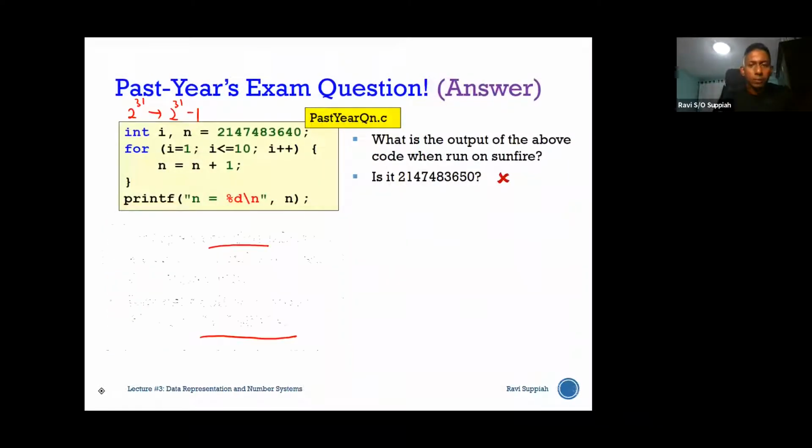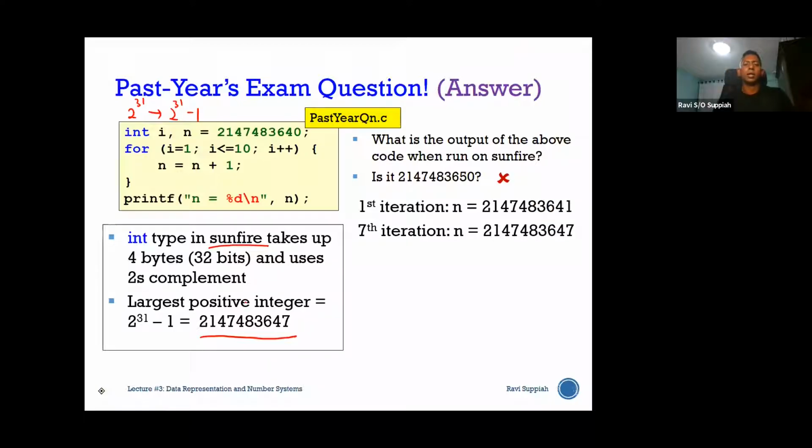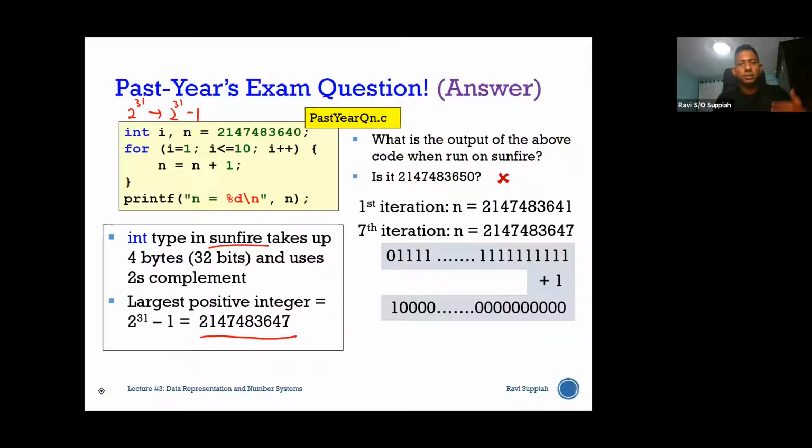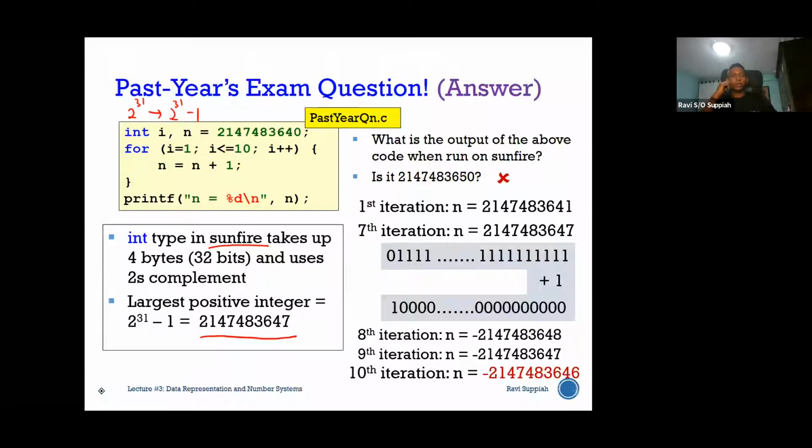So over here, what happens is when I'm at the largest value, which is again 4 bytes, the largest value is this. After I hit it at the end, I will actually roll over to become the smallest negative number, and then increase from there, and so on. So this is how you interpret this answer here. So you have to understand that when you declare variables, you are declaring them as